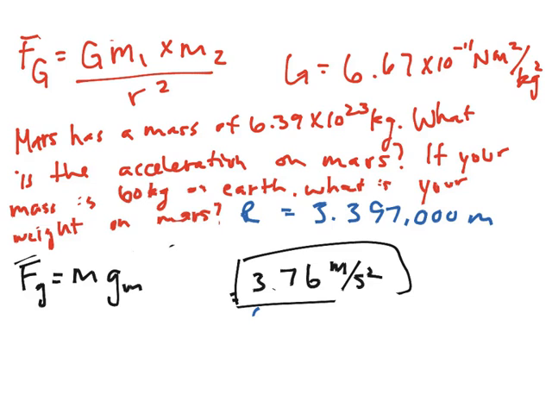So this is the gravity on Mars. And then now you just have to plug in. So your force of gravity on Mars is equal to your 60 kilograms times your acceleration, which should be 3.76 meters per second squared. Do the math and you get